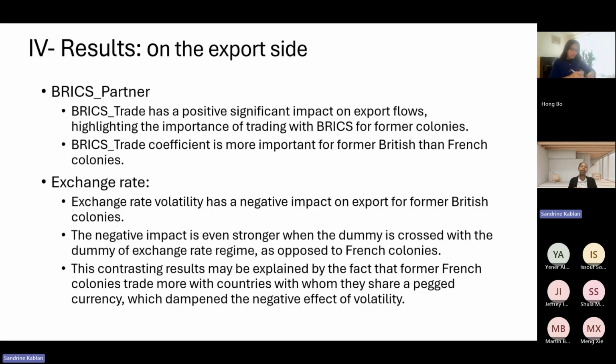Now, concerning the exchange rate variable, exchange rate volatility has a negative impact on exports for former British colonies, which is consistent with uncertainty, in the sense that many former British colonies have floating exchange rates, and the disadvantage of floating exchange rate is uncertainty. So the negative impact is even stronger when the variable is crossed with the dummy of exchange rate regime, as opposed to French colonies. But what is important to know when we analyze all those results is that, of course, those results are contrasting,